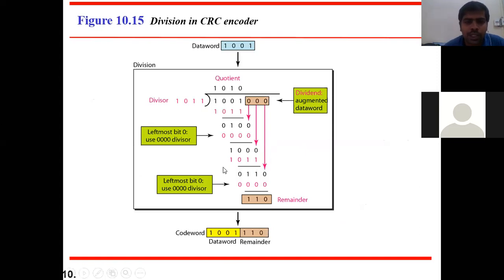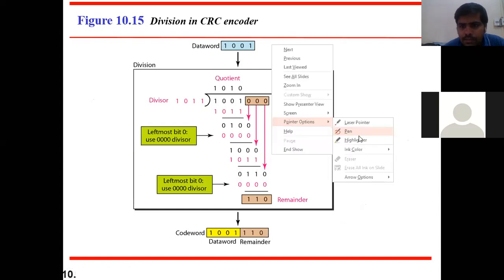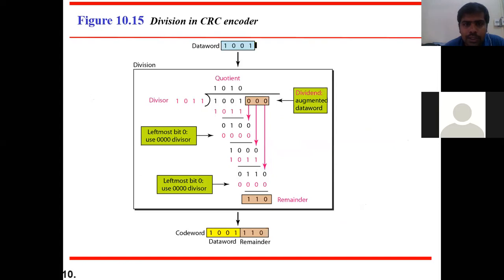Just observe here carefully. Our data word in this case is 101001. This is the data word you people are interested to transmit. Let me take the pointer. This is the data word which we are willing to transmit. As I already said, we are going to add some number of zeros before performing any division operation. Here also I have added 3 zeros because we need to check the divisor, or what we call the generator polynomial. How many bits is this generator value? It is 4 bits, 1011. There are 4 bits here. So if it is 4, then n minus 1 zeros have to be added here.